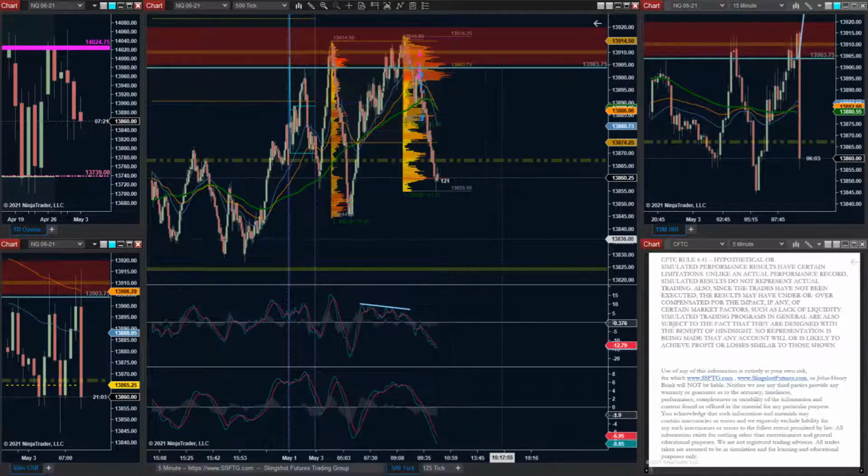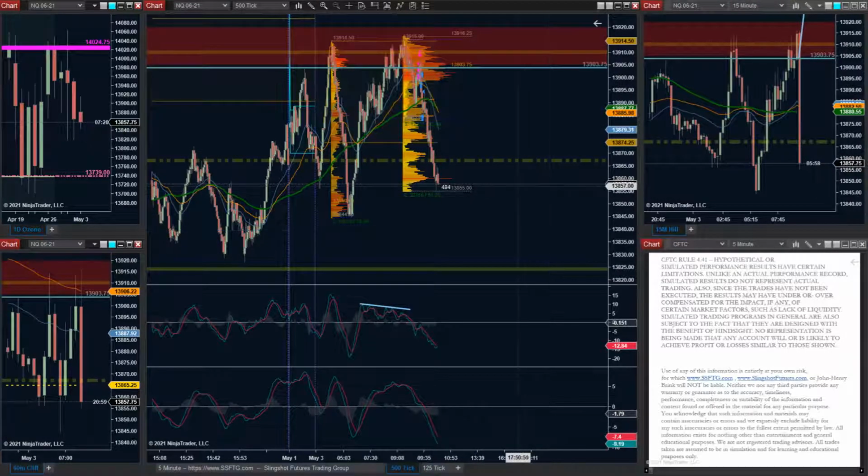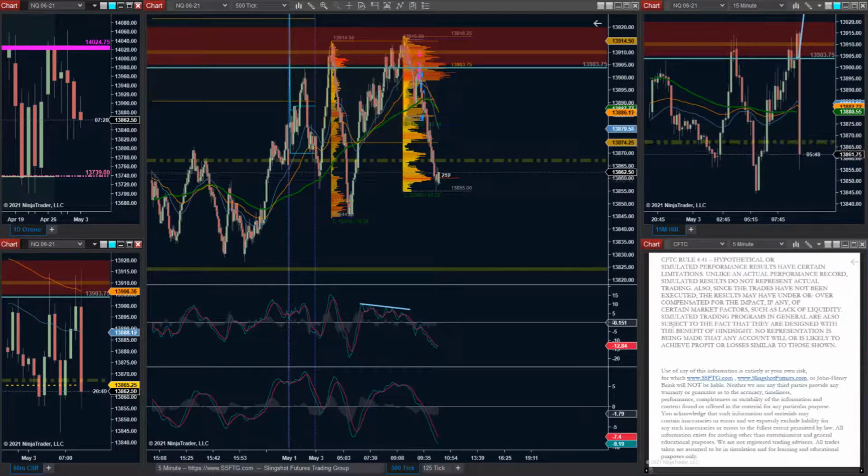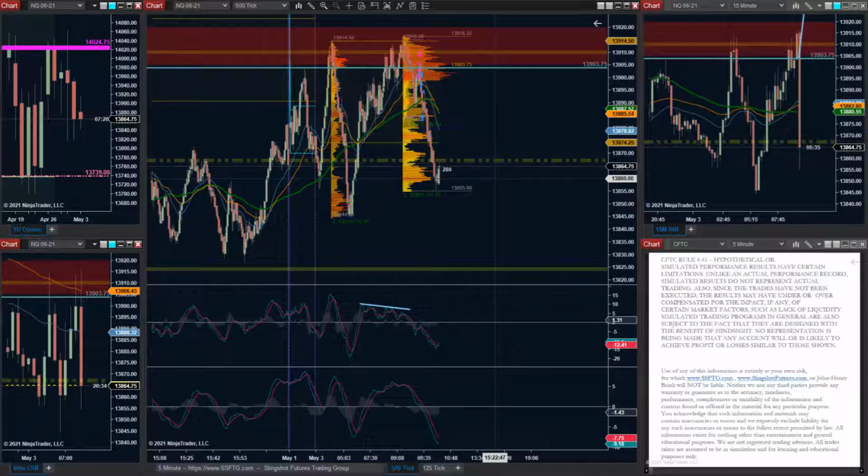Remember, so far this has been a range, and volume when it shows up in the middle has done nothing to help anybody. The only time it's helped anybody is if it's been at the highs or lows. Bounced off the VWAP to the tick, did it? It's only been 10 minutes since the open. I feel like we ran a marathon already. Bottom weighted. Whoo, look at that volume that came in down there at the 860s. They did not shift the POC down.